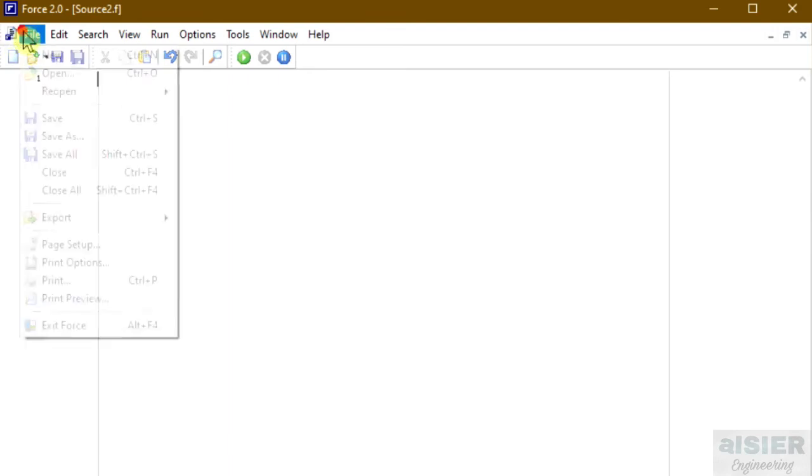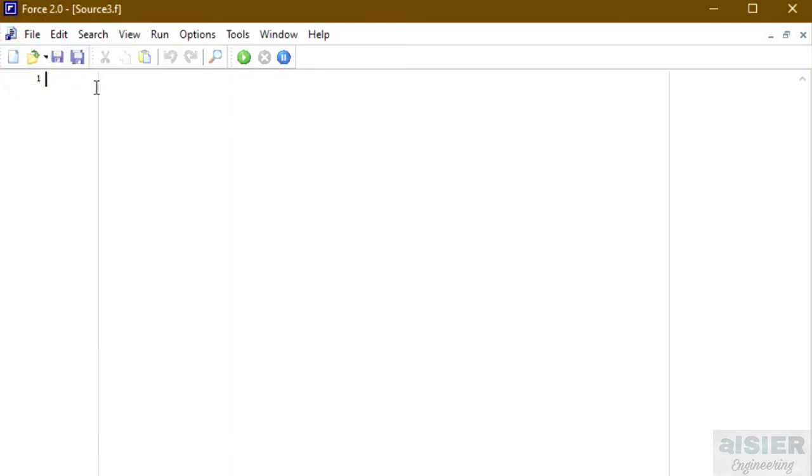So now we will take a new file. We will write program, and the program name as character expression, and then end program. Now we will declare the character variables, just like when we declared real variables, then logical variables, then integer variables.